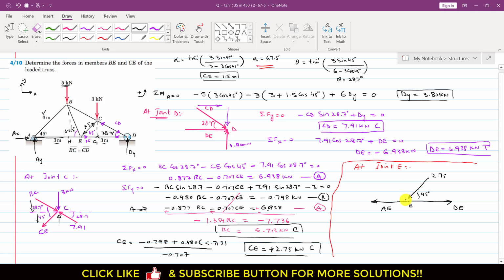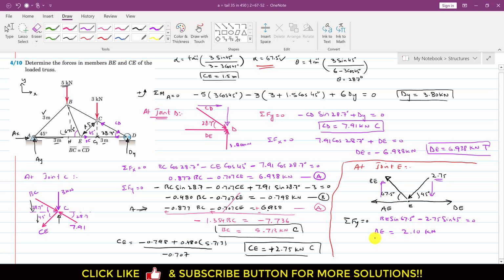And similarly, let's assume that this is the BE force, and this BE force is making 67.5 degrees. This is that angle alpha, which we have determined already. Now if we apply the summation of forces along y equals 0, this BE force will have one component acting in the positive y direction. So I will write BE sine of 67.5 degrees, and similarly this 2.75 has one component acting in the negative y direction, so I will write minus 2.75 sine of 45 degrees, and this will be equal to 0. So from this we get BE equals